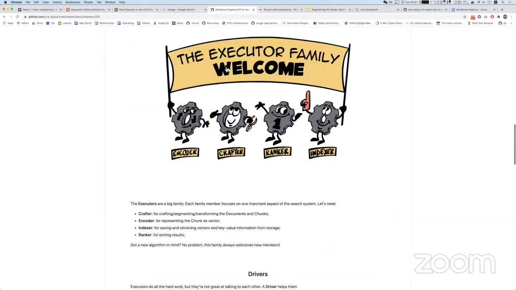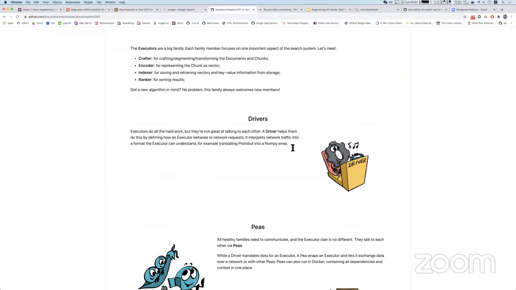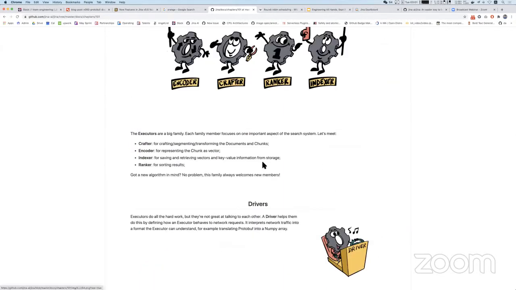And in order to let the executor understand what is in the protobuf, you need a driver. The driver basically fills the gap, saying that, okay, as an executor, you don't even have to know there is a protobuf. You just know that I give you this Python native object or NumPy object, and you just do your fancy, cool AI things,